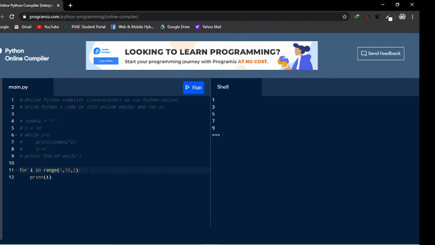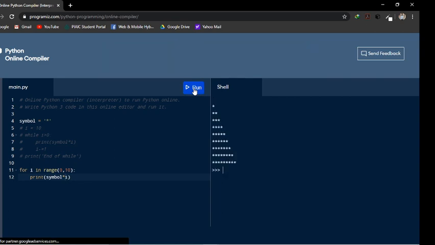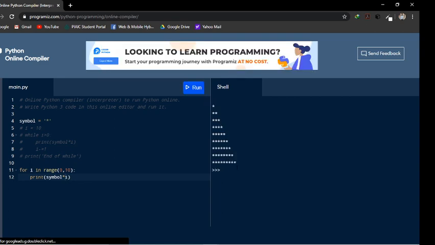So let's print the same triangle with the for loop, and comment the symbol, and symbol multiplied by i. You can see it.